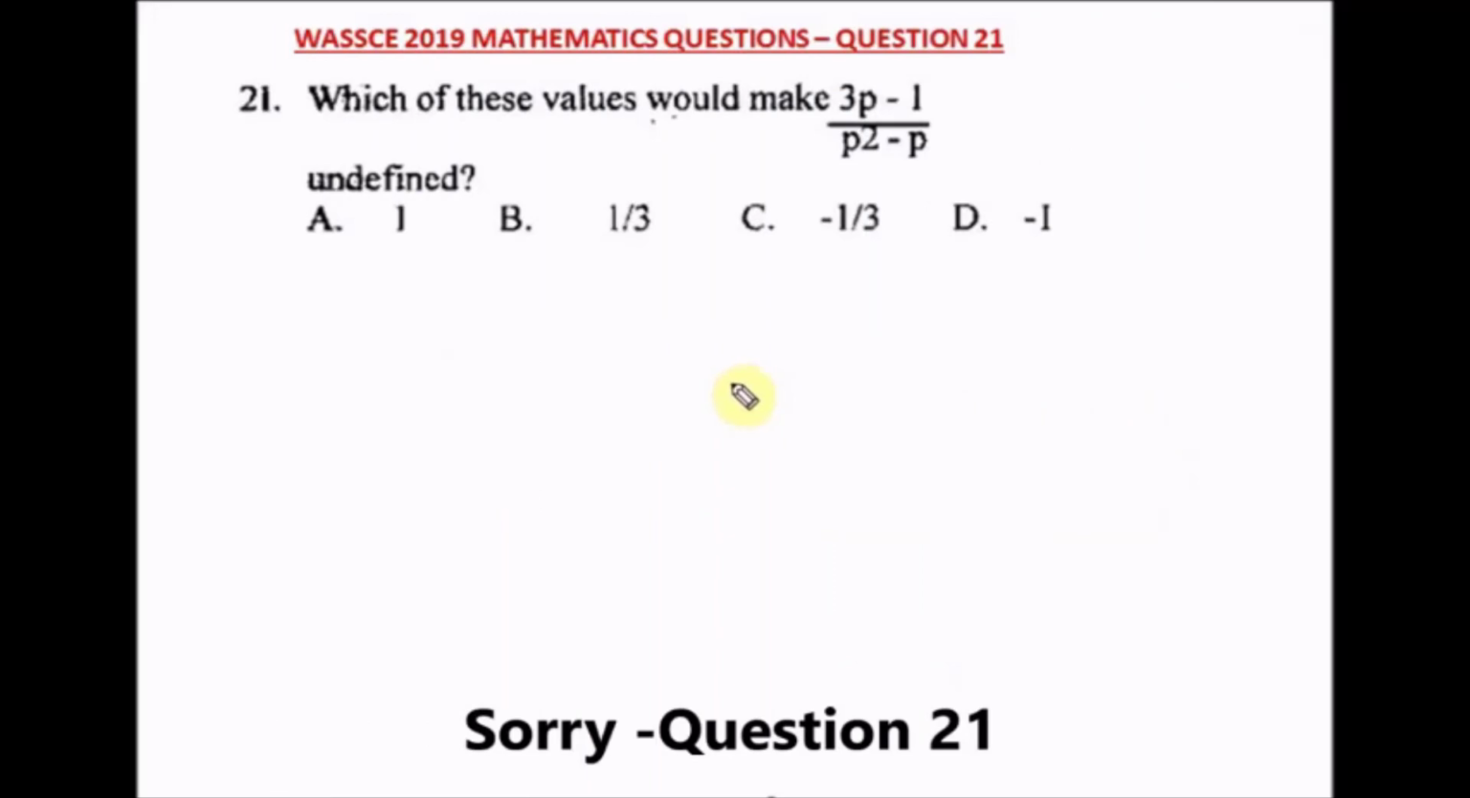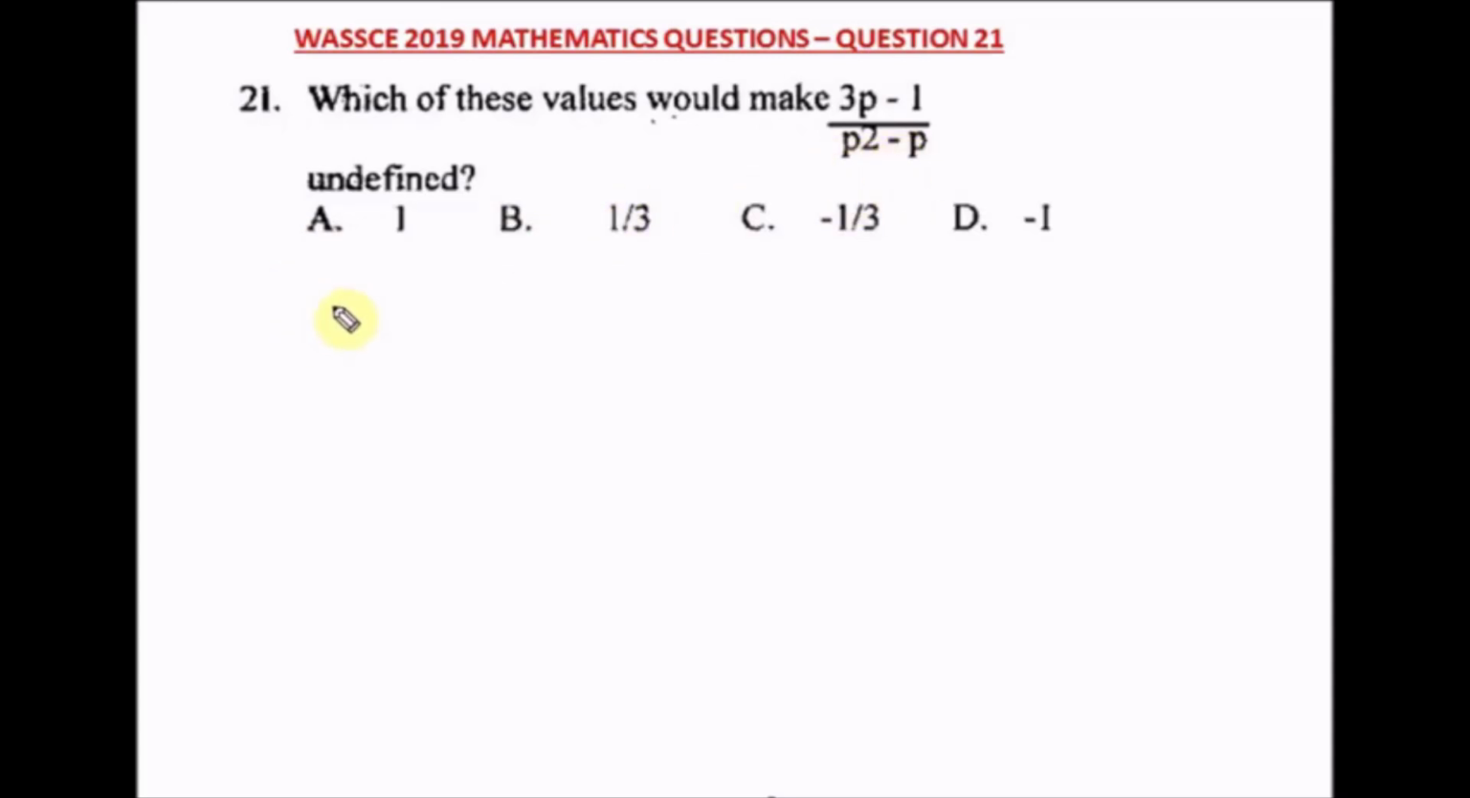Question 29 of the WAEC 2019 Mathematics Past Question. It says, which of these values would make (3p - 1)/(p² - p) undefined? One question on undefined always comes out on your WAEC, so just make sure you know it. These are algebraic fractions, and when it comes to an algebraic fraction being undefined,